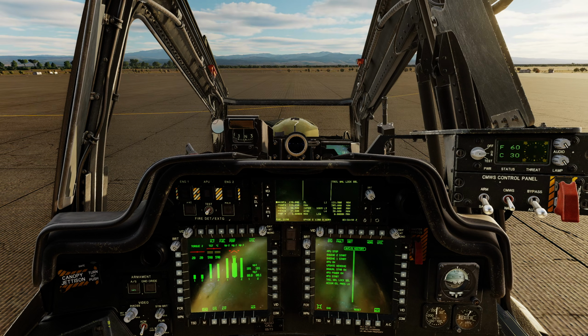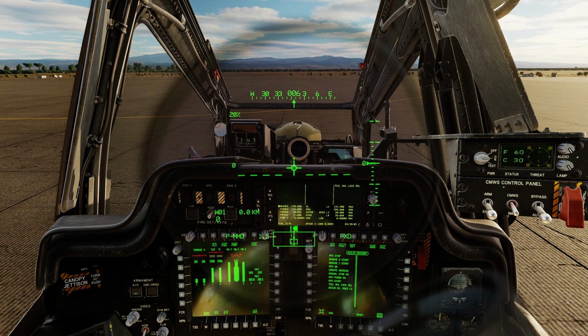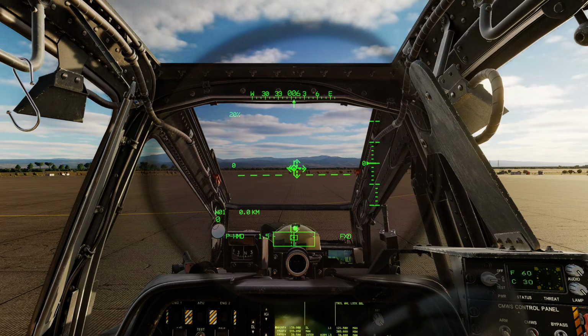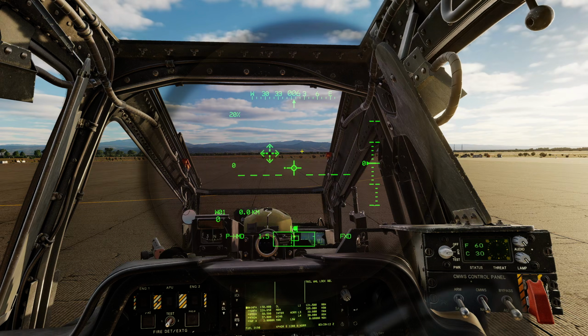So let's come back out of here, and before we proceed any further, let's cover the Symbology modes so you know what we're looking at before we get started. So if I bring up my AH-64D, the aircraft is fully aligned and started up. I'm going to bring my eye line up to this reference here. Now actually, before I do anything else, I'll tell you what these things are. Here we have two symbols actually overlaid. The dashed cross is actually your queuing symbol, and the current queuing is indicated at the bottom right here,